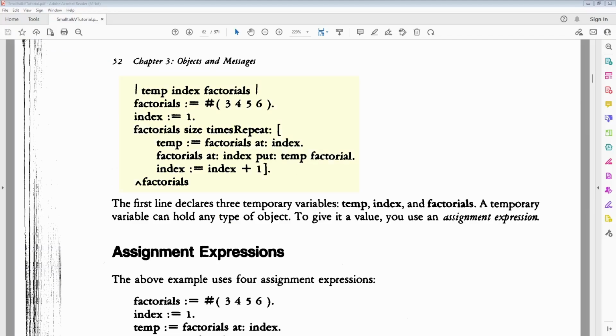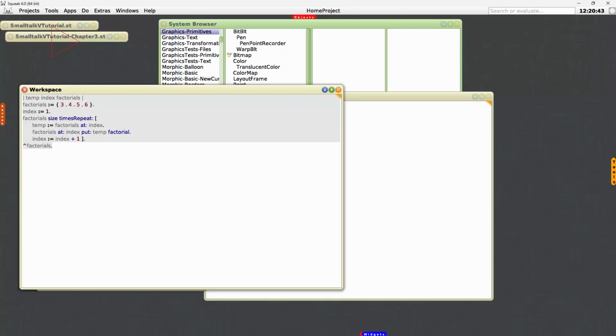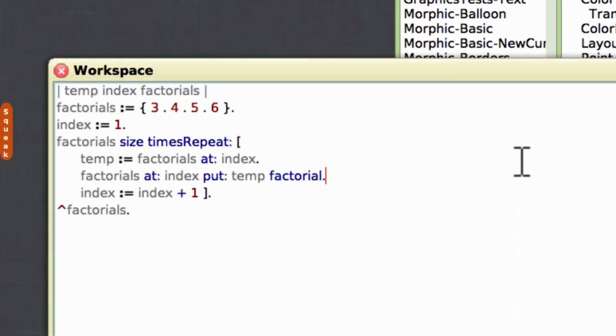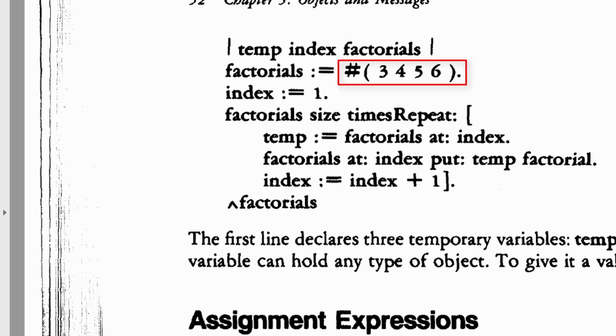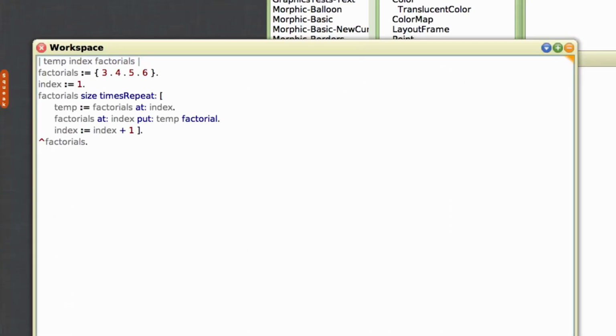Smalltalk V now gives this example to compute an array of factorials. For Squeak, I've had to rewrite that code a bit. You can see it's here, because Squeak won't let me modify an array that's declared in the way shown in the Smalltalk V tutorial, just with a hash between parentheses like that. In Squeak, I can't modify that sort of array, and instead I've had to put the numbers between curly brackets and separate the elements with dots. However, that's a minor syntax matter and nothing that we need to worry too much about for the purposes of this tutorial. The important thing to note